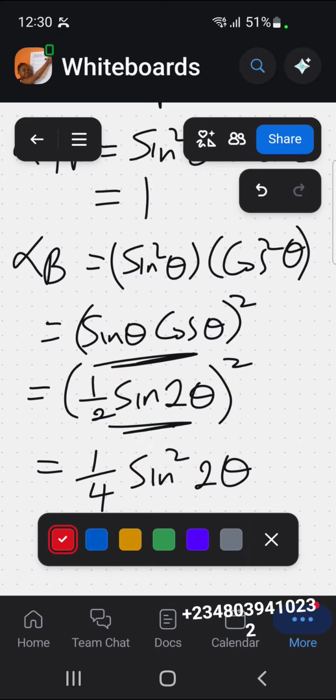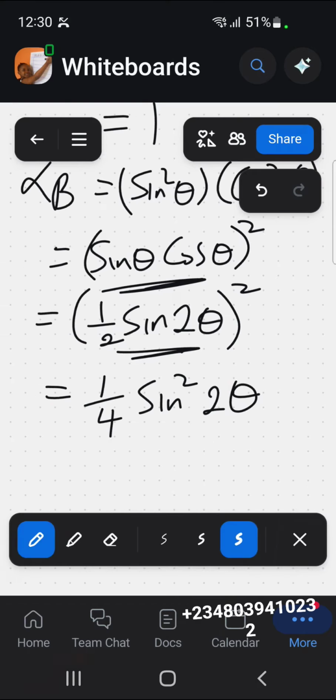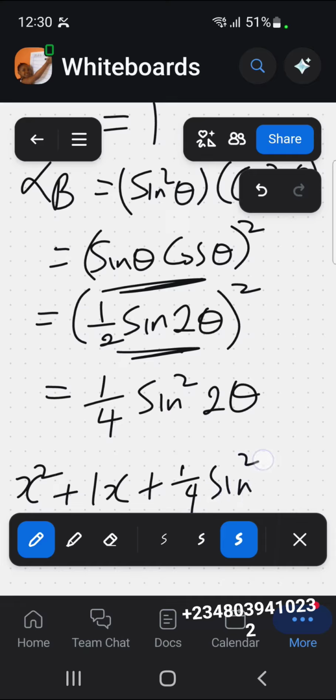Now it's time for us to put it into the equation. So putting it into the equation, we have x squared plus the sum, which we already know is 1, so 1x, or we can just say x, then plus the product which we got here, 1 over 4 sine square 2 theta equals to